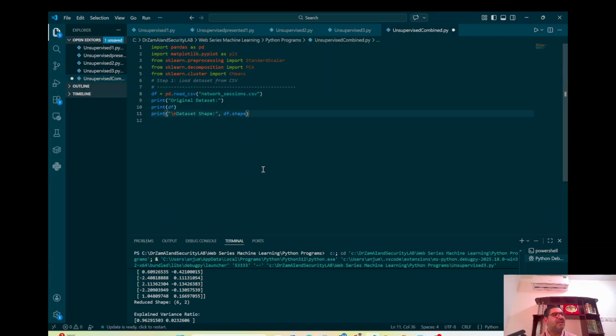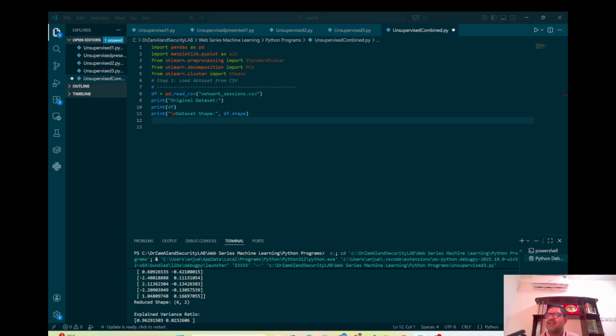So we are printing it, and then we are giving the shape of the dataset, how it is in the current context, what it is currently. Then we'll be going to the next step. This is something which was new. That means we had not done it previously, because we were giving data directly as an input in the program itself. This is for the first time we have shown that we are capturing it from a CSV file. So that is done now, and then we'll be going to step 2, which is